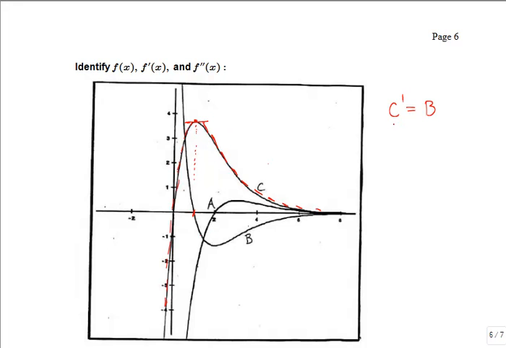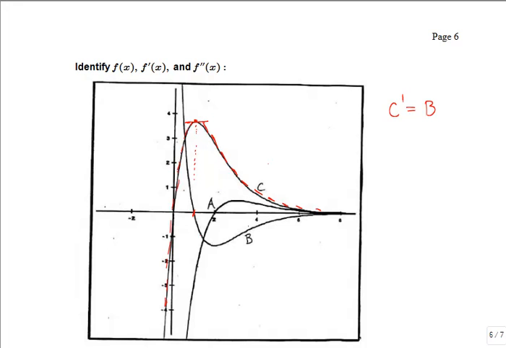So we have one connection going on right there. Now we haven't looked at A at all yet, so let's see how A fits into the mix. So what I'm going to look at are, again, those tangent lines. And if I can find a place where one of these graphs has a horizontal tangent line because it has either a max or a min, and that corresponds to a 0 on another graph, then that's a good place